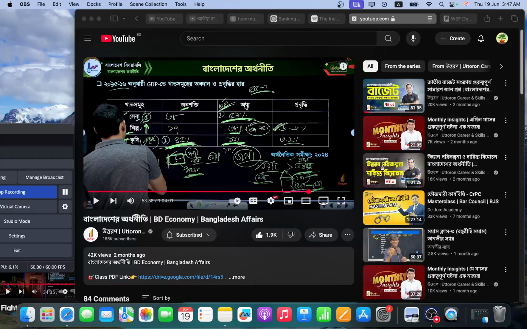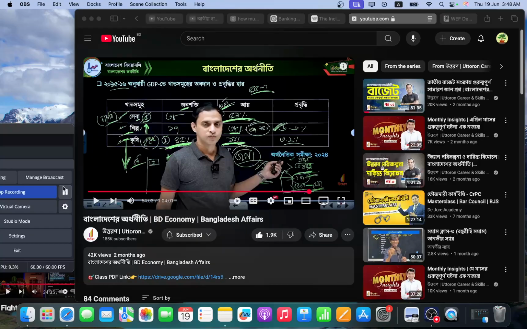GNI or GDP, I think the 55 national income, দেশের জাতীয় আয়. জাতীয় আয় is national income, GNI, gross national income, and GDP would be like, I think this is talking about, no, this is talking about GNI. This is clearly GNI written here.